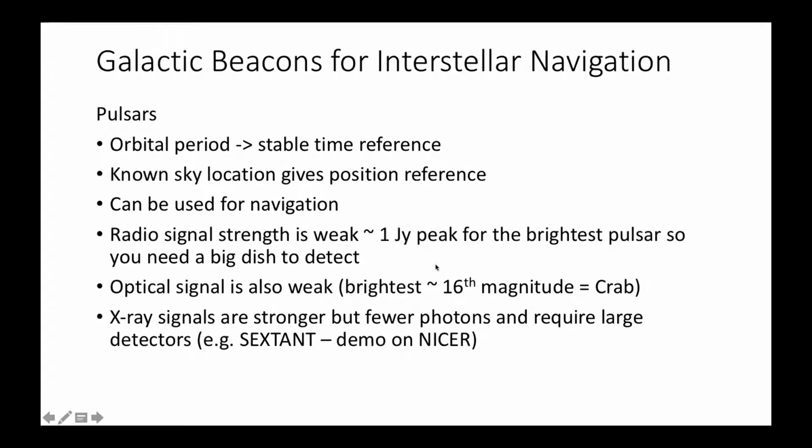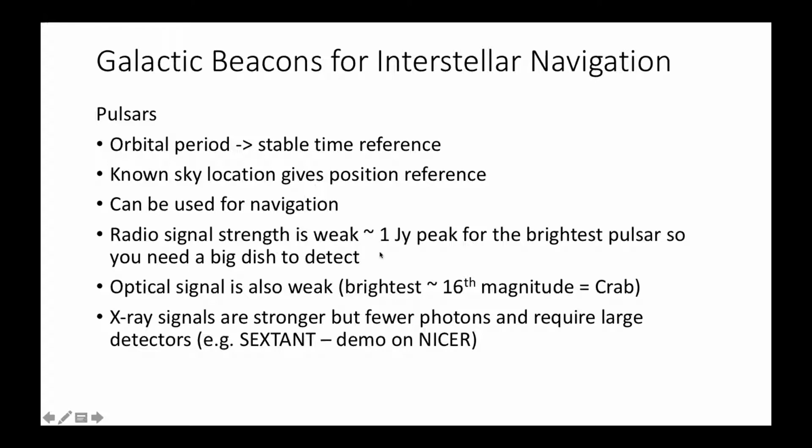But the most important point, and one other point, is you could also do this with natural clocks. So there are natural clocks spread throughout the galaxy. These are spinning neutron stars that have beamed emission, which sweeps around and passes through the solar system and through the Earth periodically. These are known as pulsars. They're very stable because they're just the orbital period of the spinning neutron star. And they're at a known sky location, so you get a position reference, you can get timing, you can use them for navigation. The problem is that